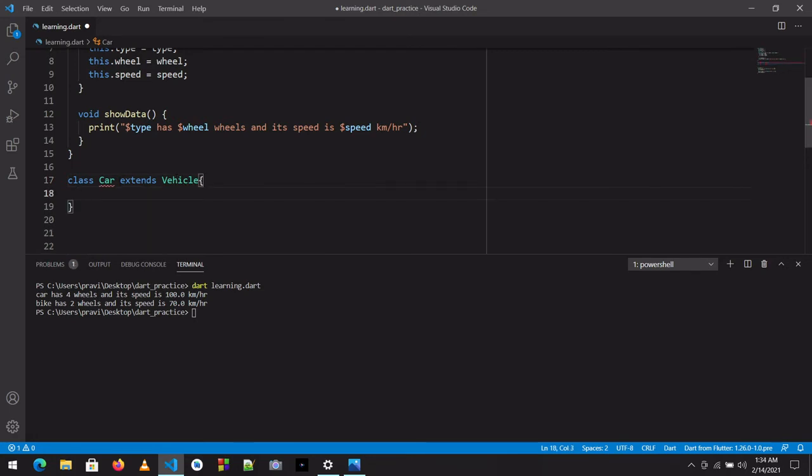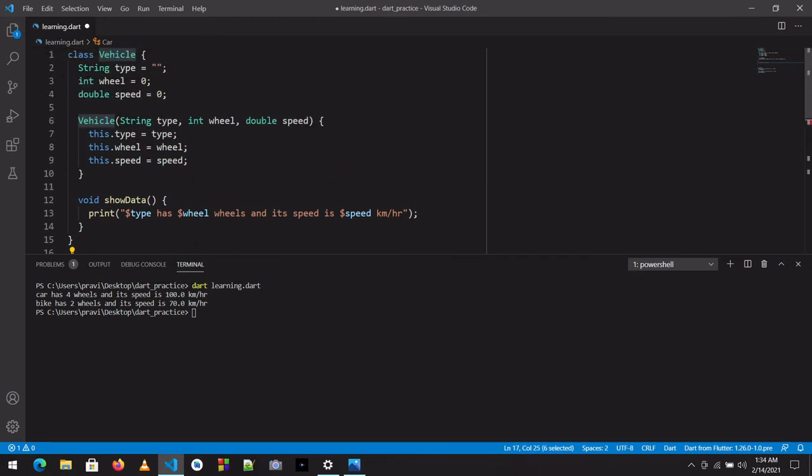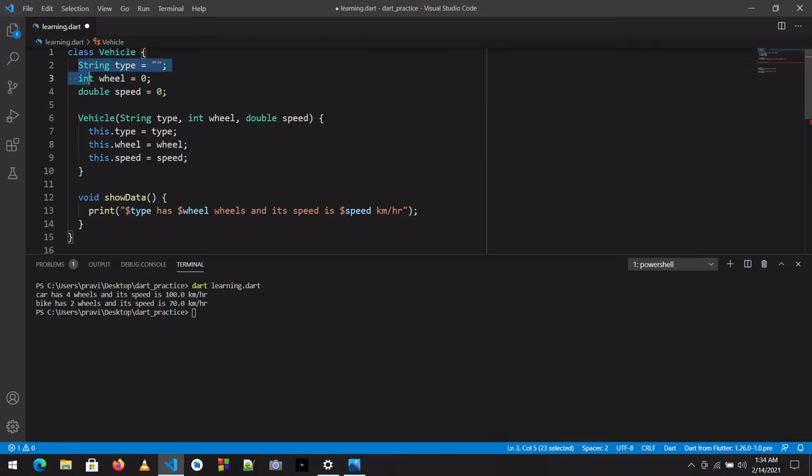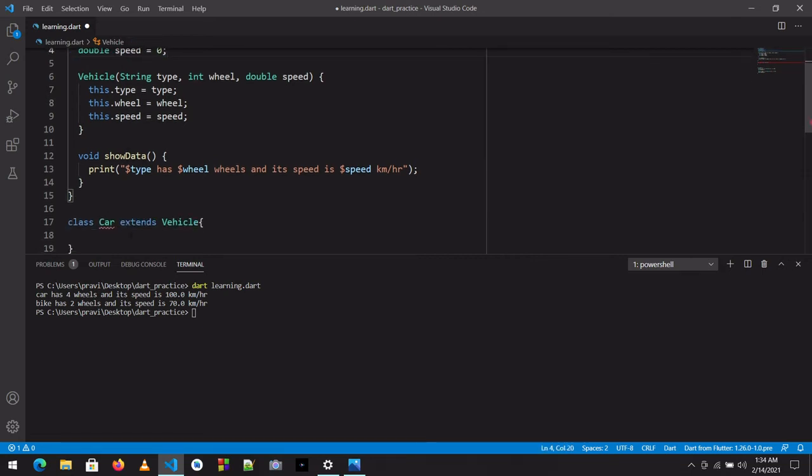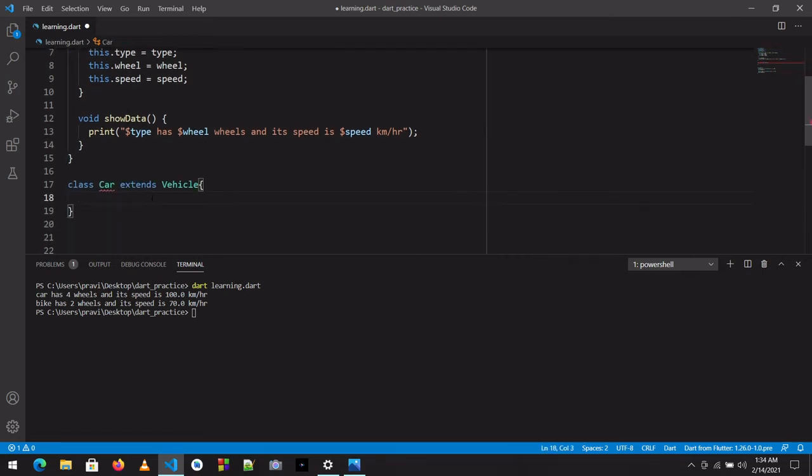What this means is that Car is a new class which extends Vehicle, the parent class which we have already mentioned here. So it has all the values from this class and can use them in its own class for its own purpose.